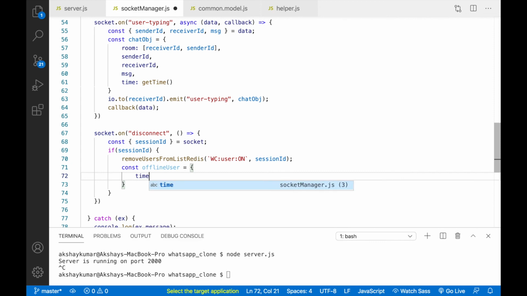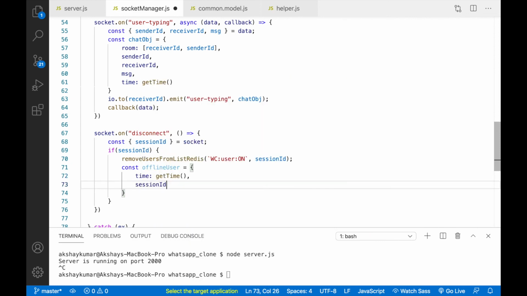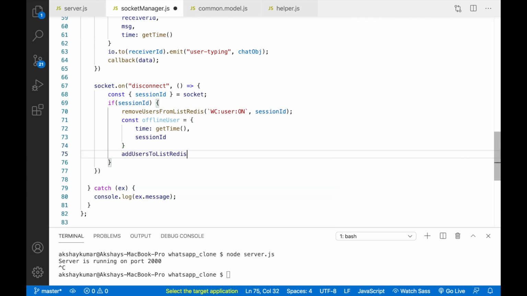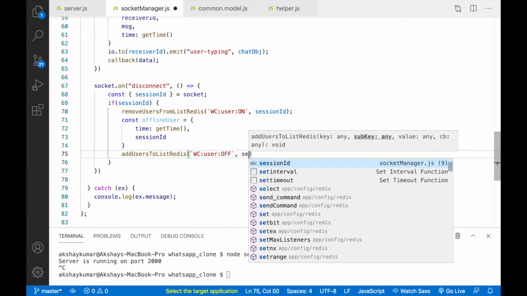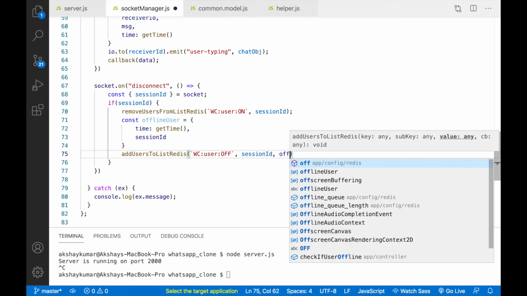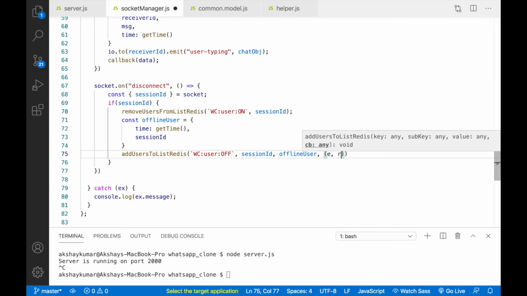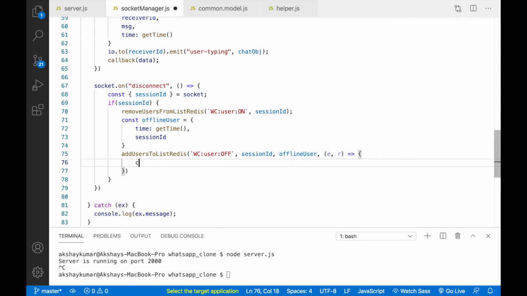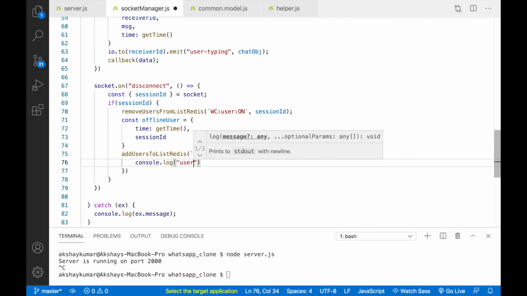Here we'll write time, then get time method, and we'll store session ID. And then we'll call add users to list Redis. We'll write the offline user set. We'll pass session ID, then offline user. It will give you error, response, and here we'll just console.log user left. So I think this is also done.